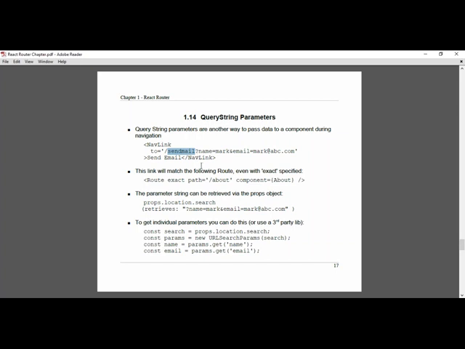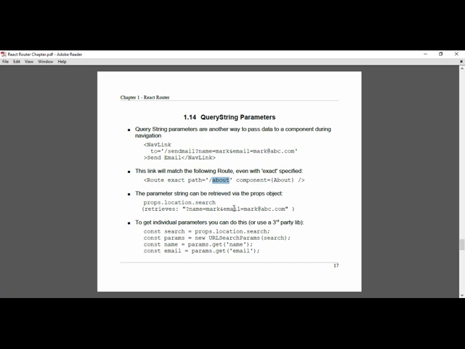Okay, so here we just have a regular route. In this case, I think we're trying to match send mail. So this looks like a typo. It should be send mail here, going to the send mail component. So this link up here would match this with send mail in the path. But then the question is, when we get to that component, the component that we are routing to, how do we get the value of the